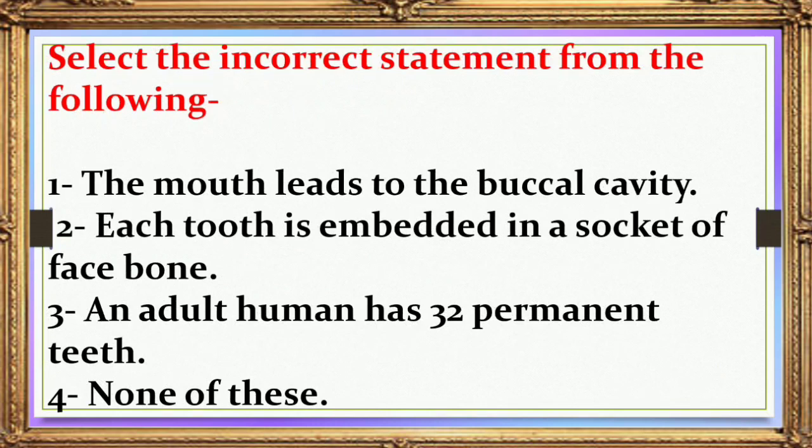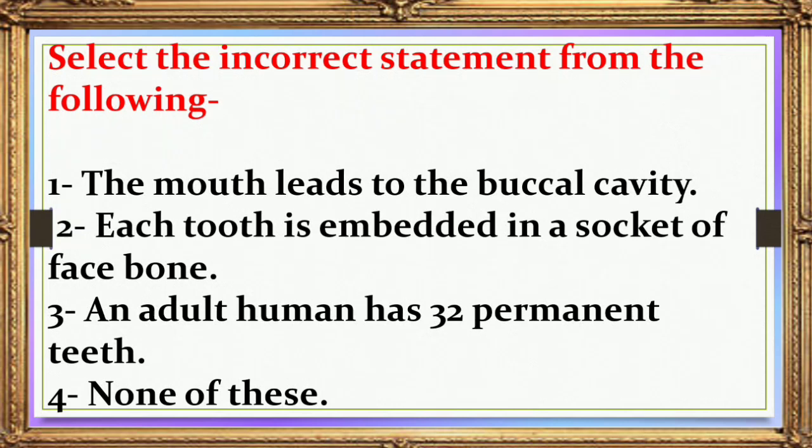Next question, select the incorrect statement from the following. So, while reading the question, don't be in a hurry. Underline the incorrect word and then start reading the options. And I will advise you to tick the option which you think is correct and cross the answer which you think is incorrect, and then read the question again to see if it is asking incorrect or correct, then tick the option. That will help you to minimize the error.